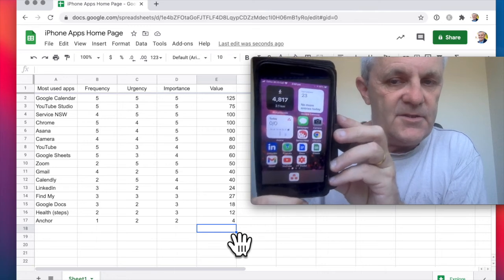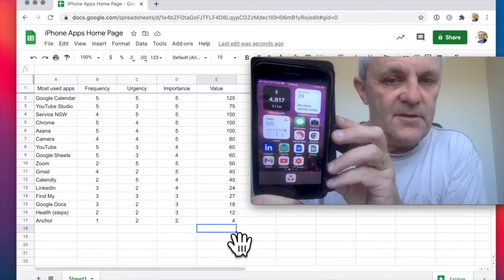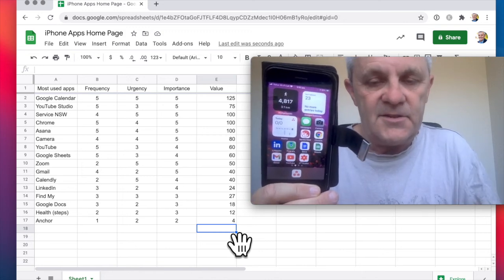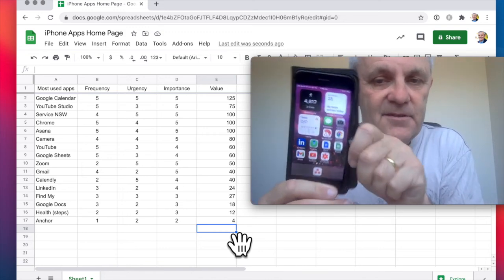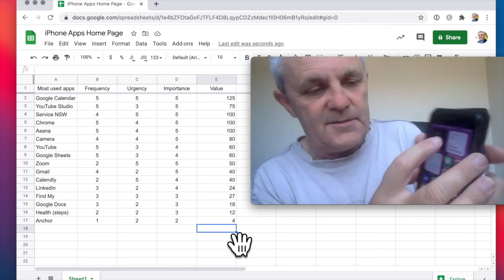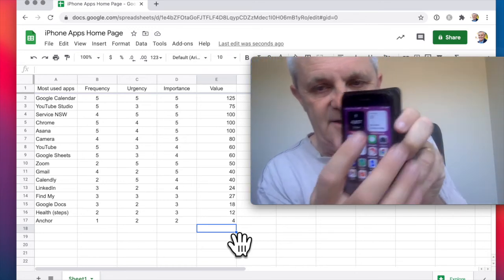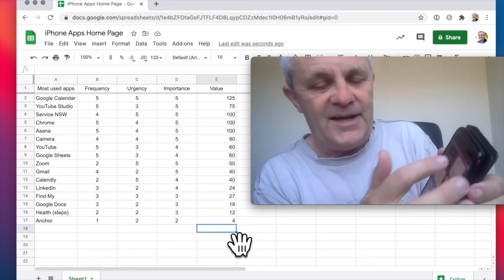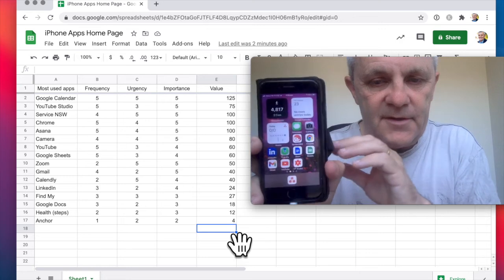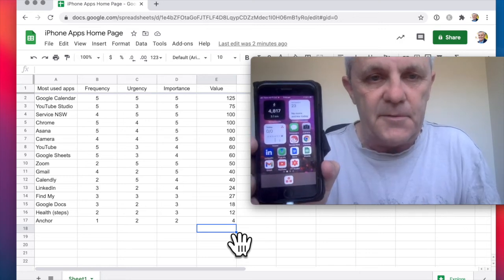And so once again, as you can see on the home screen, those pretty much reflect what I have on this sheet here. And then if I need to add a new one, I could use this Widgetsmith. You can look up some videos about how to use Widgetsmith to add a new app if you want to, if it's not one of your apps that's already on your mobile phone.